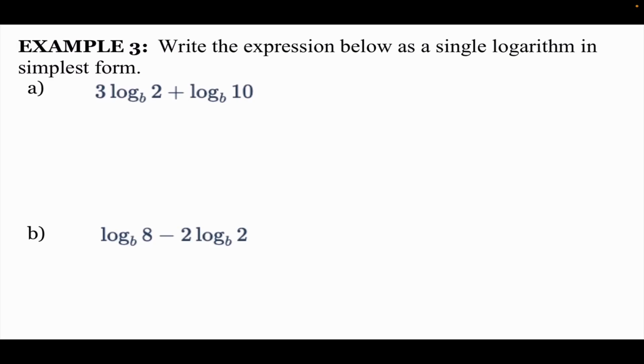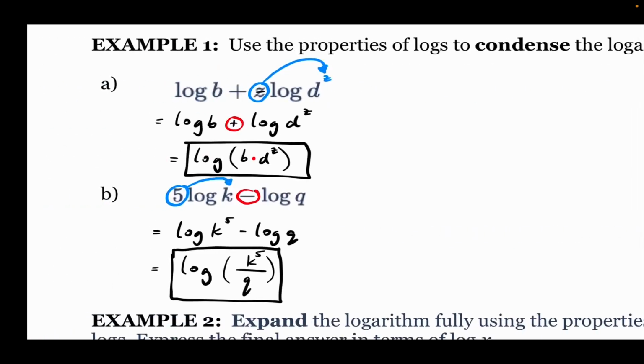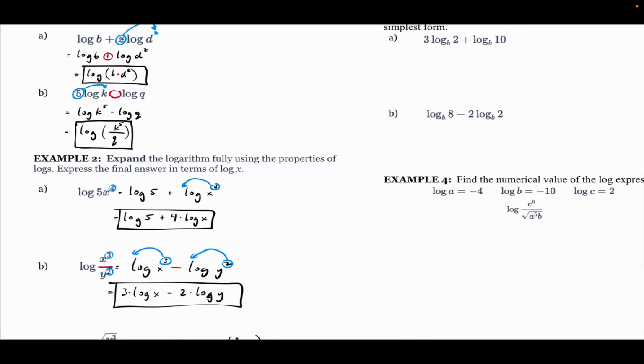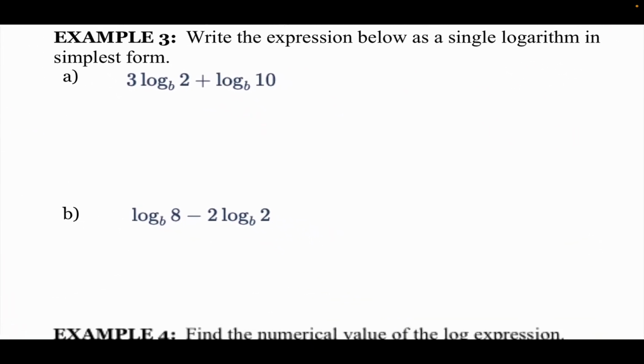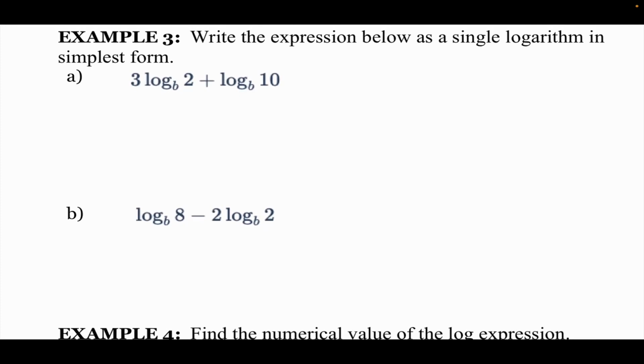Okay, so I have log and log. They want a single log, so that's another way of saying condense. I have to condense these guys. The only difference between these guys and the last one is that you have more numbers than letters. This side, the left side, we had more letters than numbers. It's the opposite over here. It's the same thing though. Okay, I got powers, or a power, I'm going to put back there. So I have log with a base of b, 2 to the third power,